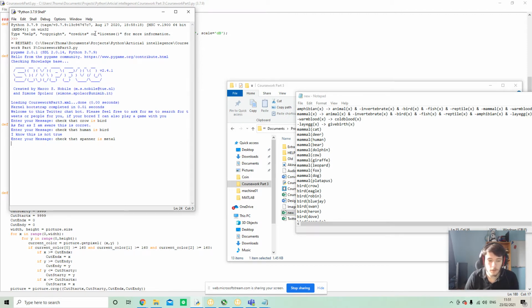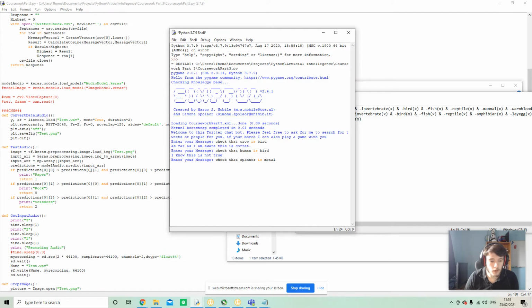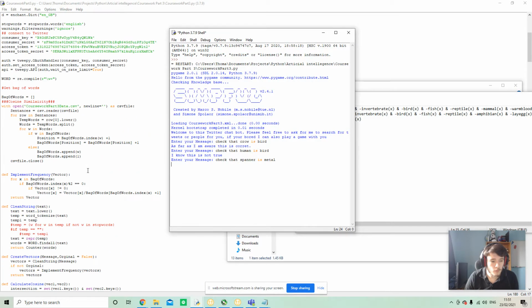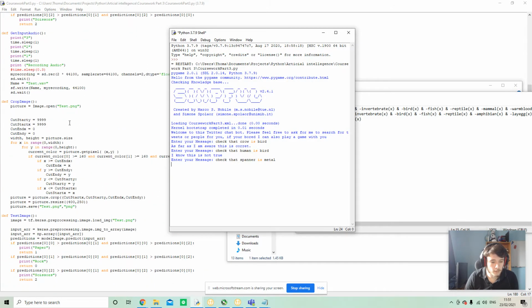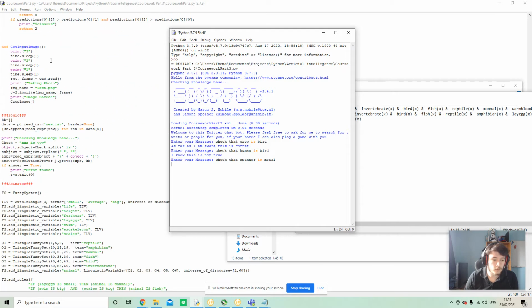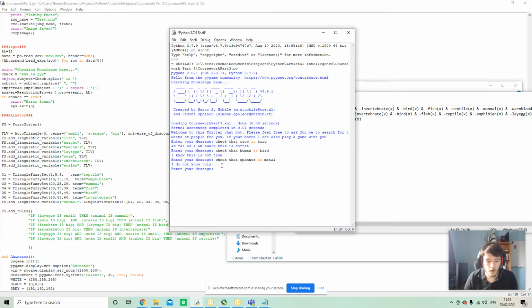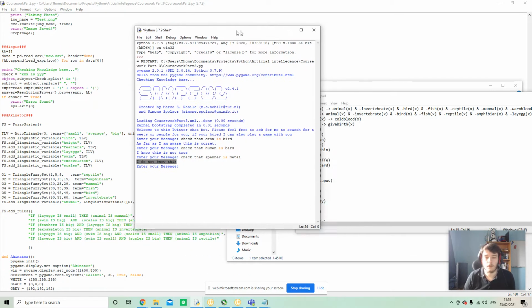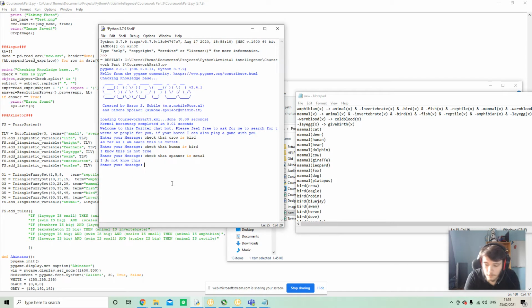Don't worry. Yeah, at the beginning of the code, when I do load it in, I do put a dummy statement through to check. You can see I've got all the stuff from before, and then it's got logic here. I do a dummy statement through to check there's no error. So I do not know this. Obviously, we know that. So we can tell it stuff to learn stuff. So I know that. Have we got monkeys? No, we don't. So if I know that monkey